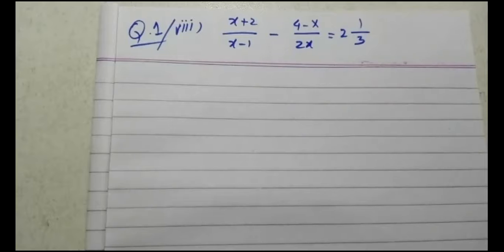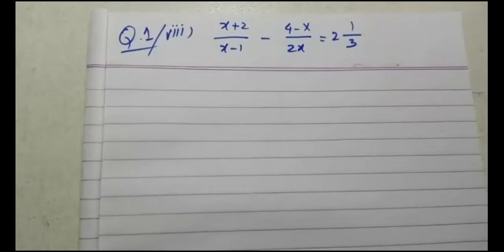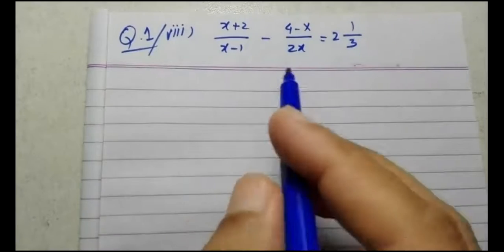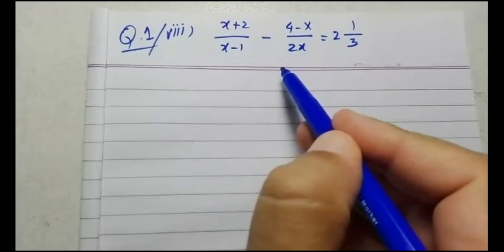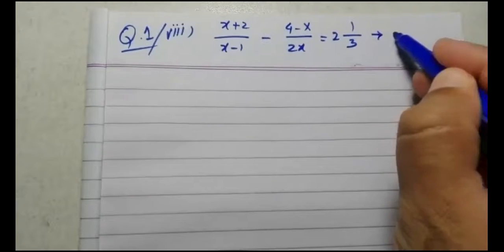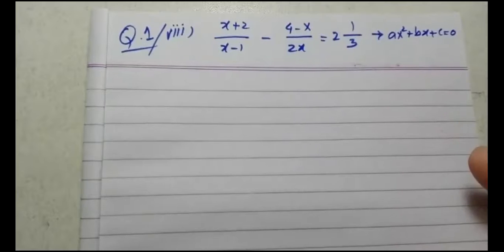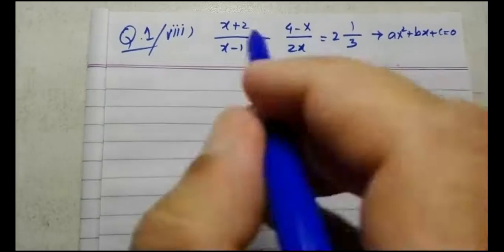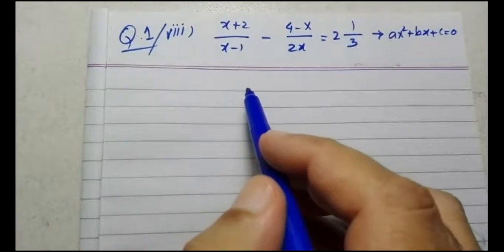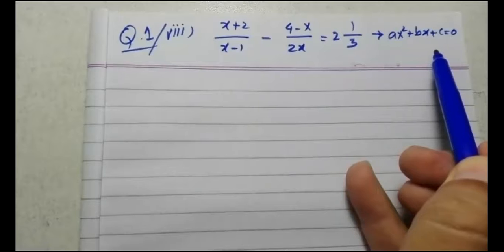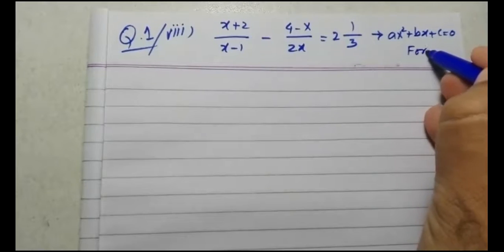I will explain it. Listen, the question statement is not in standard quadratic form. You can see that it is in fractions. So what we will do now is convert this form into the standard quadratic equation form. We have done this sort of exercise in exercise 1.1, so we will do the same thing right here. We are going to convert this fractional part or algebraic expression into the standard quadratic form, then we will apply the quadratic formula.